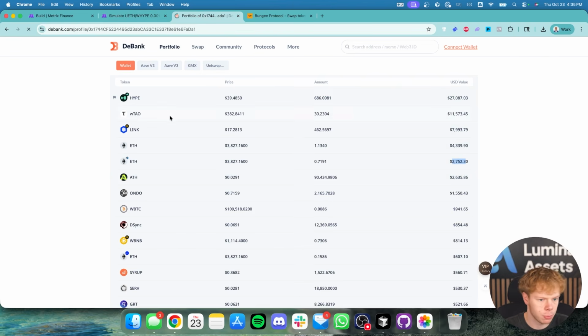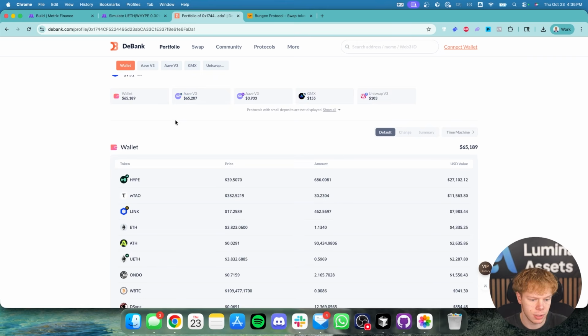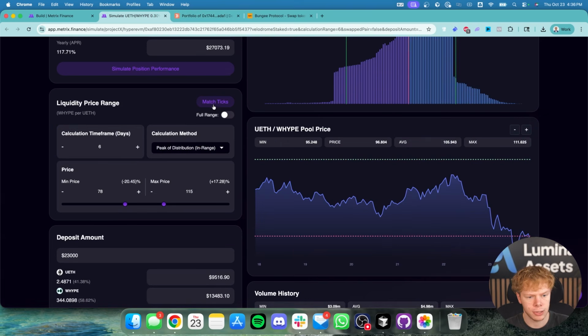So now when we refresh the portfolio, we're going to have ETH over on the Hyperliquid network ready to actually deploy into this position. You can see it is right over here. So now what I'm going to do is on Metrics Finance, click Match Ticks. It's going to find the actual closest tick that I can provide liquidity on,